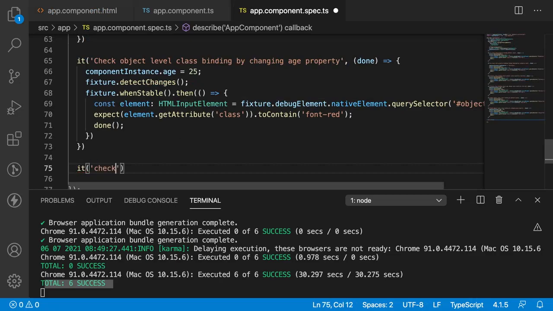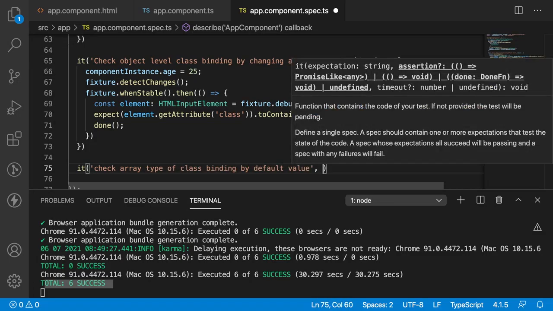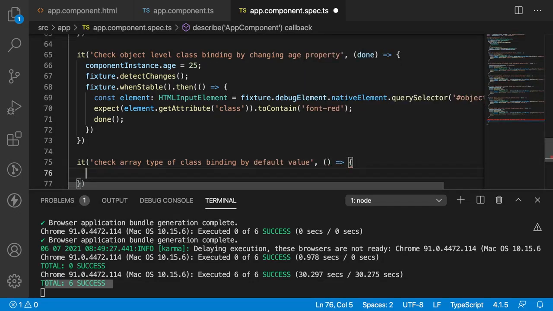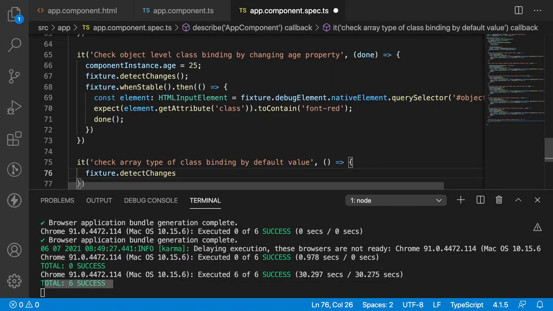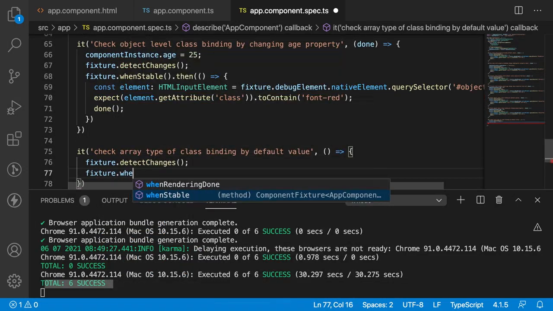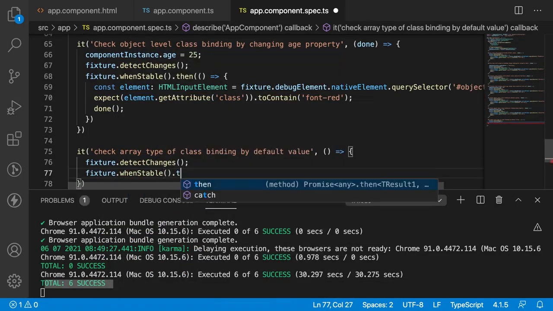So check array type of class binding by default values, and it has a callback. Inside the callback, let me use fixture.detectChanges, fixture.whenStable. Whenever it is stable, I will get a promise.